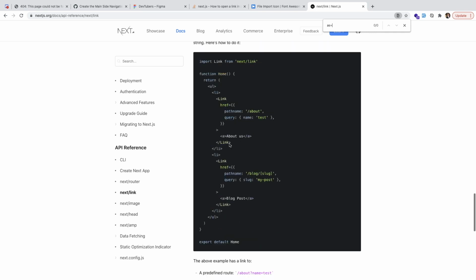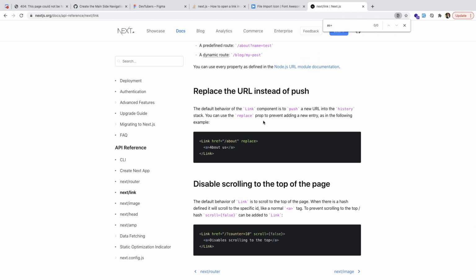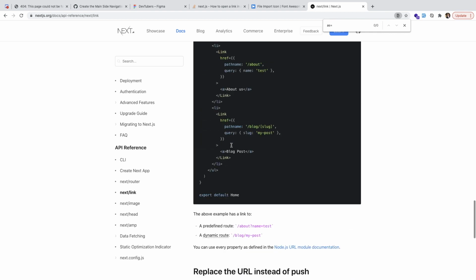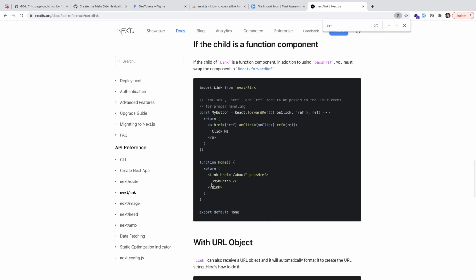It doesn't look like they have an example of as. But I mean, you should just be able to pass the component. Yeah, maybe we need to like,